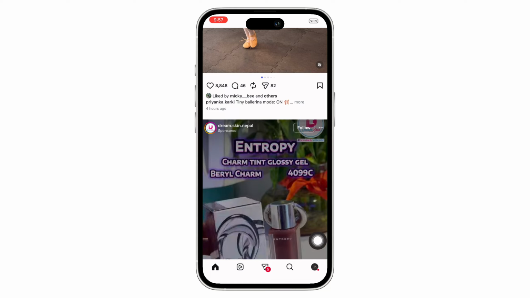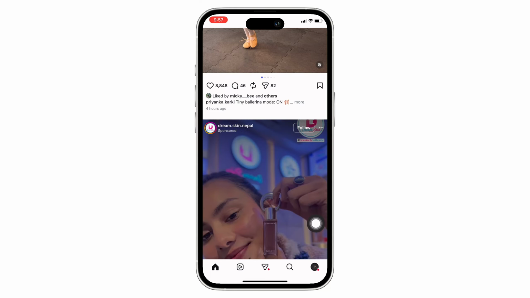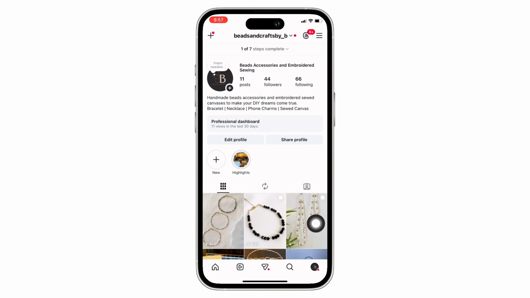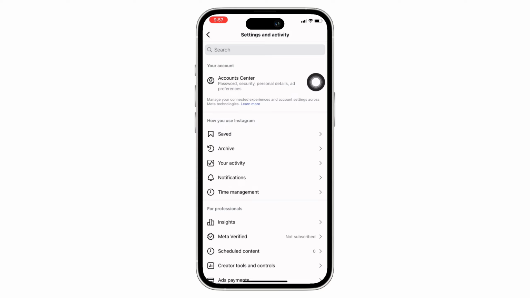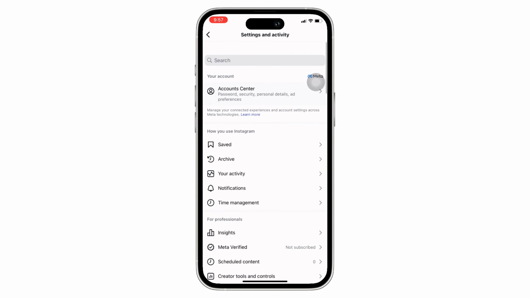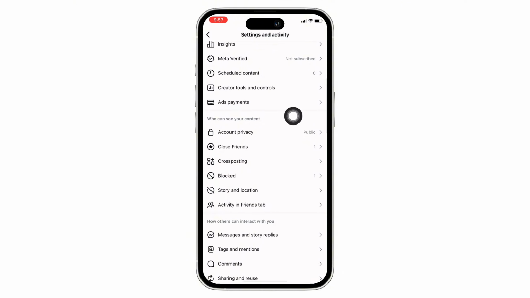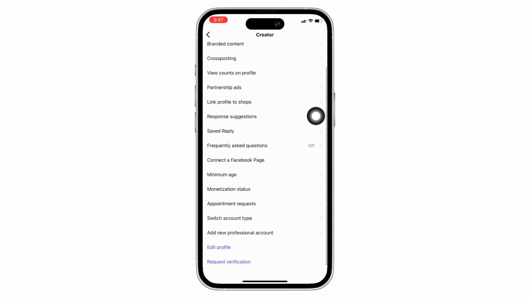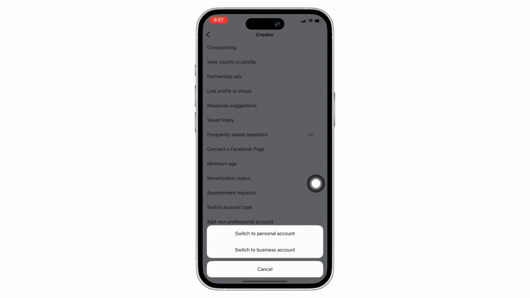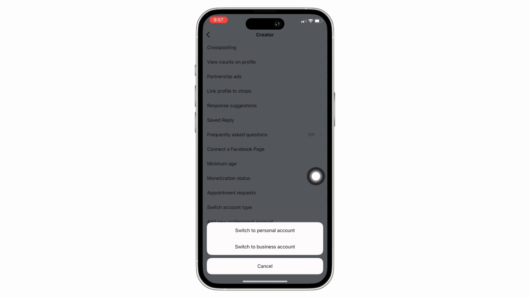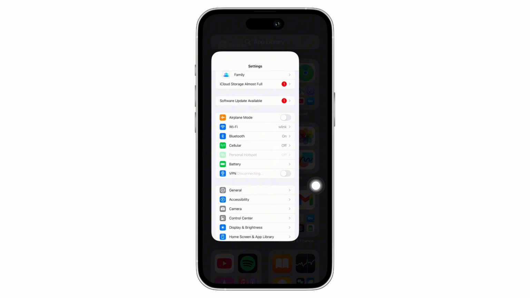Instagram. So, open Instagram and then tap on the profile option. Once you're on your profile, tap on the three lines on the top right of your screen, and then in the interface that you will be led to, scroll down, and if you are using a personal account, then switch to professional account, and if you're using a professional account, then you can try to switch to personal account and see if that helps in fixing your issue, and later you can switch back to your personal or your professional